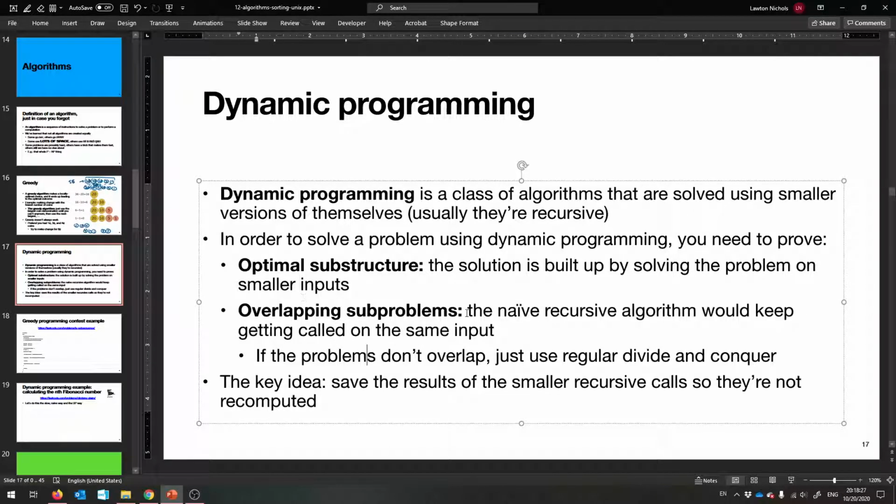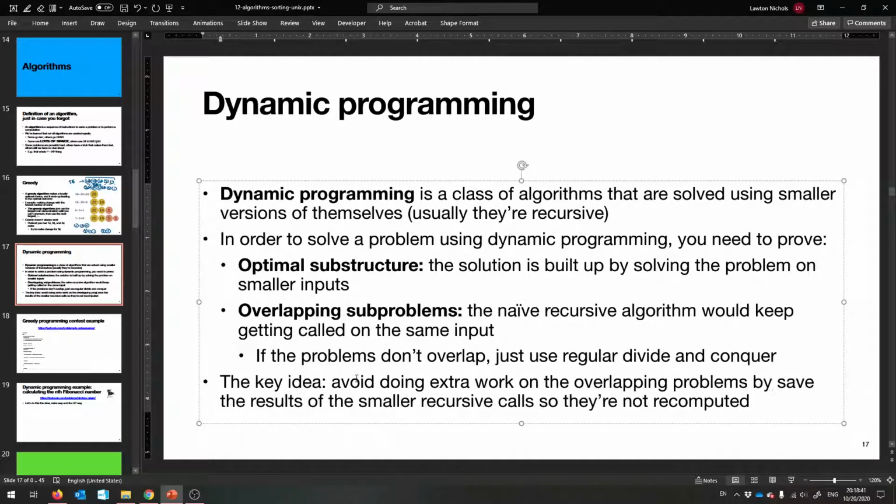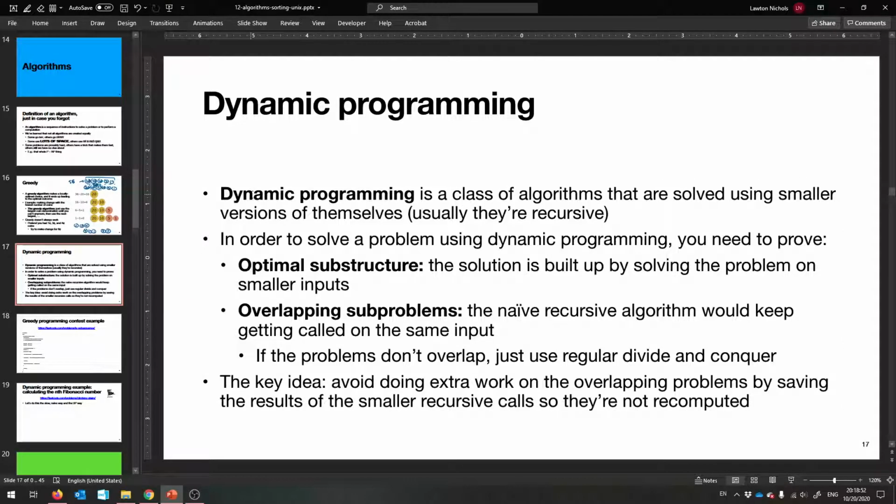So we need to somehow get rid of this overlap. So this is the key idea. You get rid of the overlap. You save it. Save the results of those smaller recursive calls so that they're not recomputed. Okay, that's the key. And I'm going to show you 2 examples, one of greedy and one of dynamic programming,